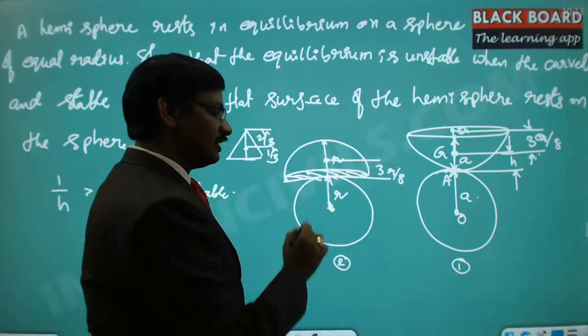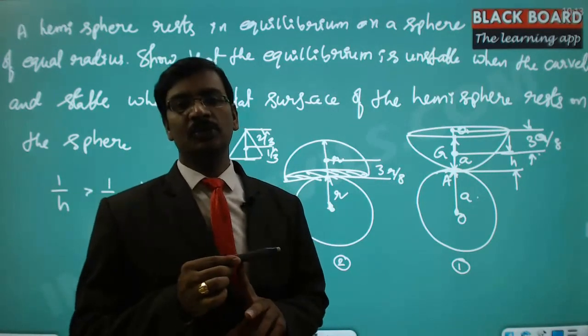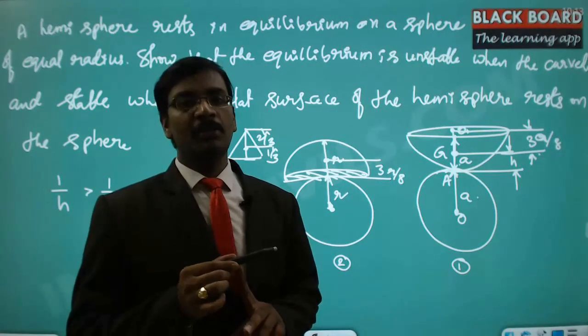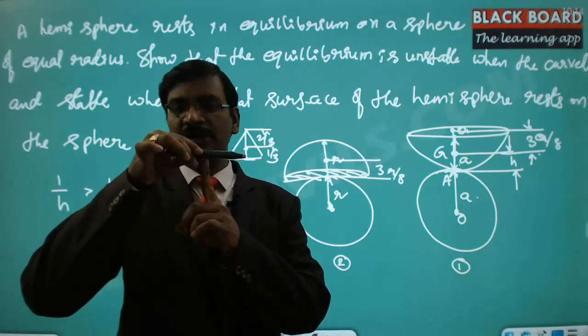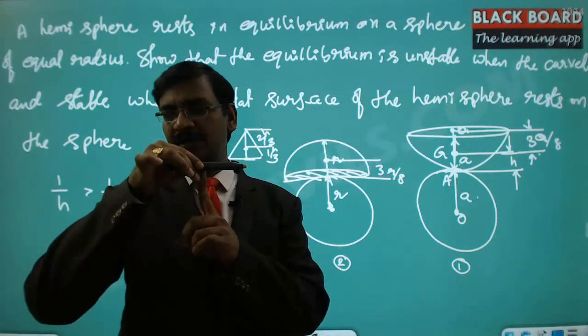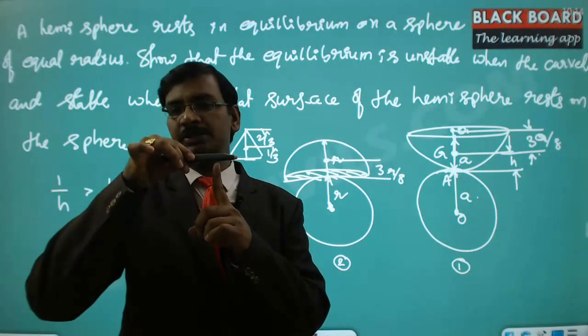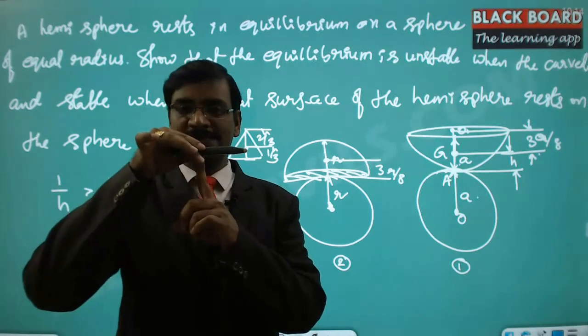The center of gravity is nothing but where you are able to balance that body with a single finger at that particular point. Suppose I could balance this body like this, then this is the center of gravity of it. I cannot balance it by holding at this point, right? So I have to take it exactly at the middle.